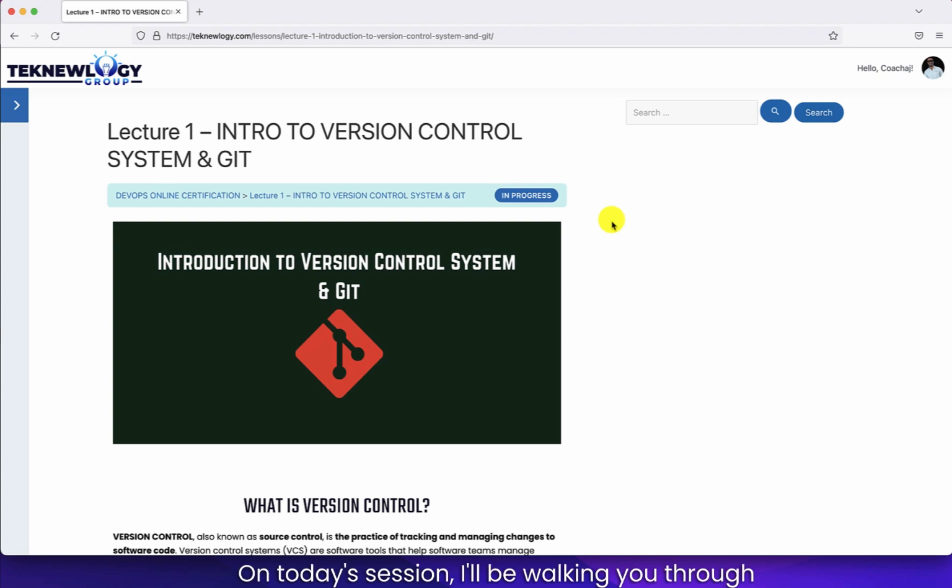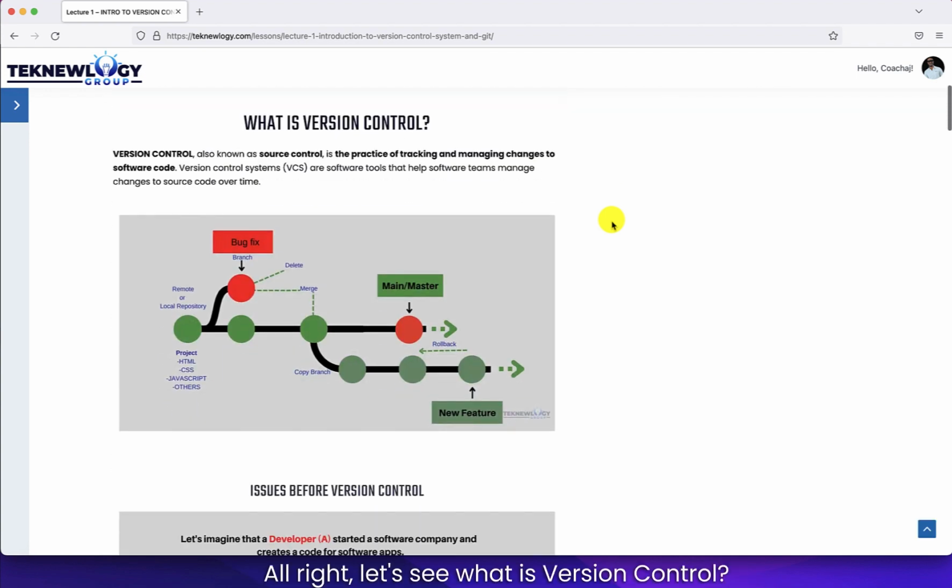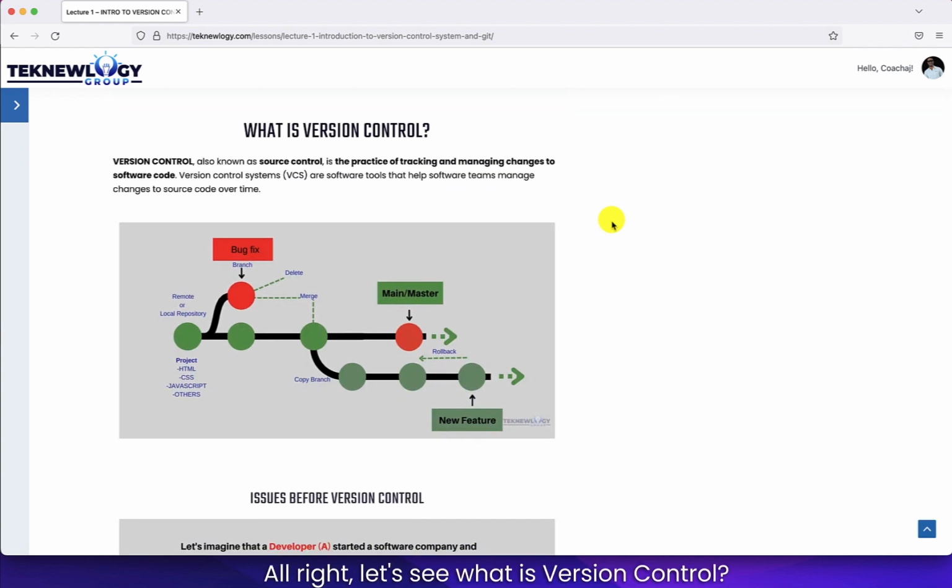On today's session, I'll be walking you through Introduction to Version Control System and Git. Alright, let's see what is version control. Version control, also known as source control, is the practice of tracking and managing changes to software code. A version control system, also known as VCS, is software tools that help software teams manage changes to source